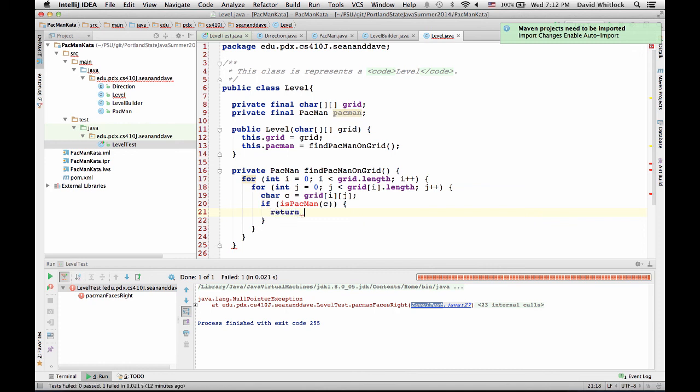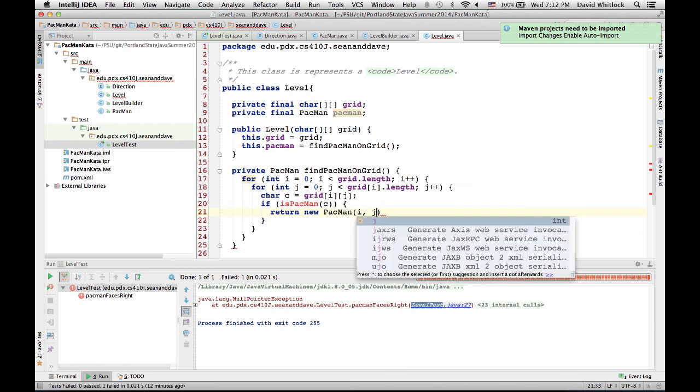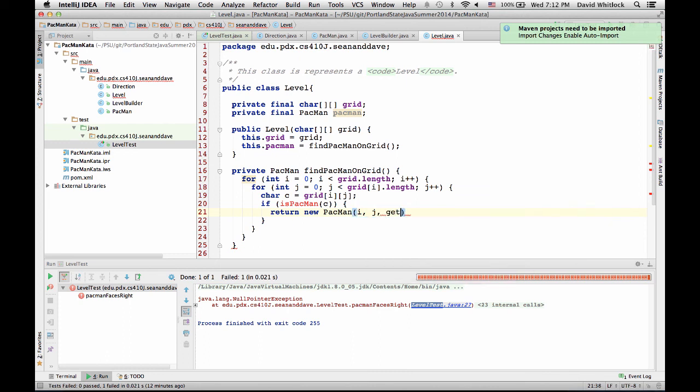Well, I think we want to return the new Pac-Man. New Pac-Man, and I think we want to have the coordinates, so Pac-Man knows his coordinates, and then get Pac-Man direction from c.